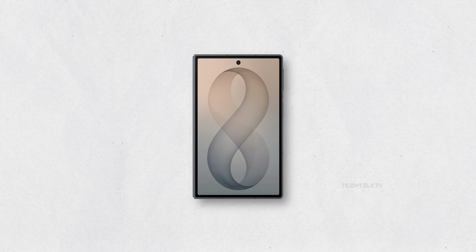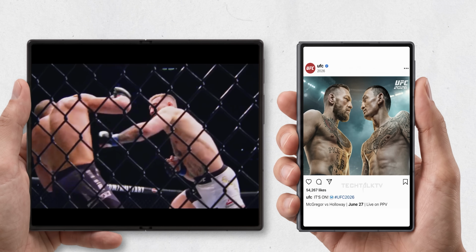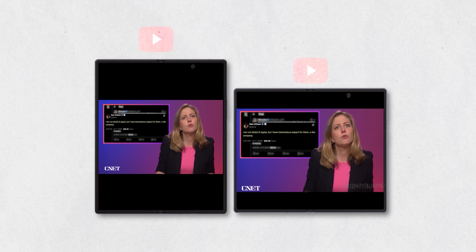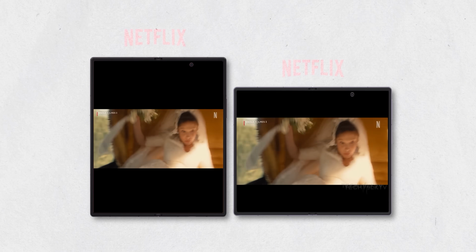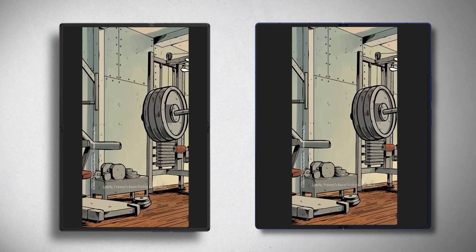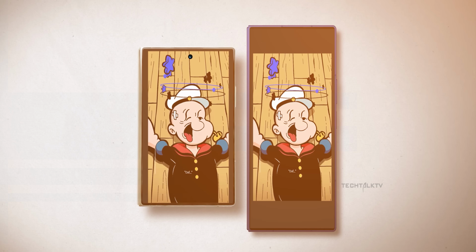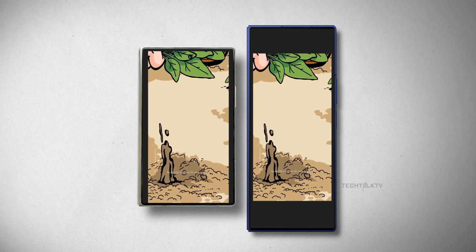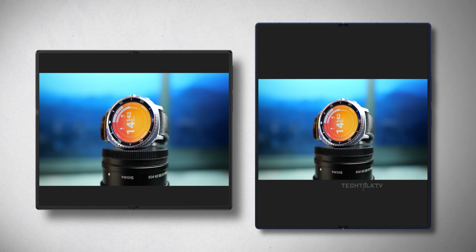The wide Z Fold 8 is much wider and shorter, so it actually fits content better in a lot of cases. For regular videos, that wider layout means less black bars and a bigger viewing area. And when you're watching vertical content, simply rotate the phone and it ends up looking much bigger than you'd expect. So yes, on paper, the Fold 8 has the smaller display, but for media consumption, it can actually feel like